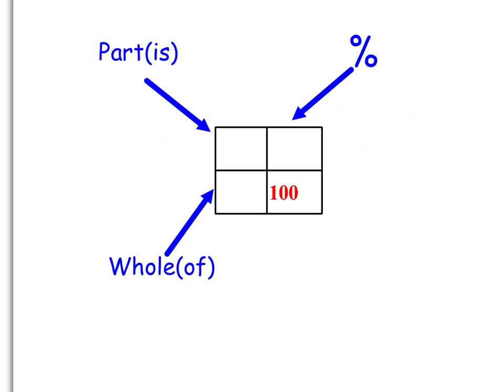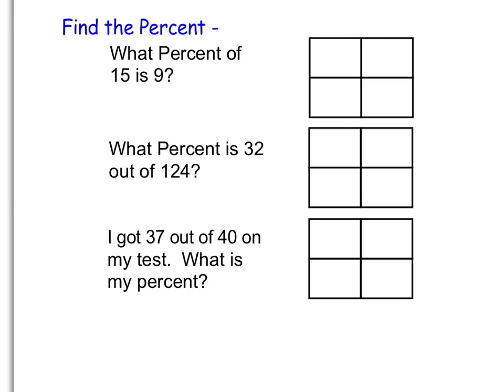Percent and 100. Let's think about what these mean. We're going to compare two things, part of a group to the whole group. The percent would mean part of the group. 100 is the entire group, the whole thing. We're going to use that idea to write our sentence into our box. So we always will have the 100 in the bottom right corner of our box. Then we have the is and the of